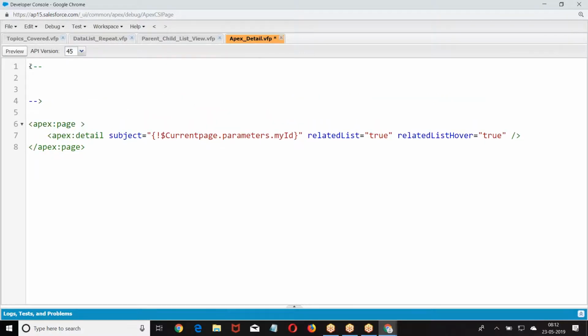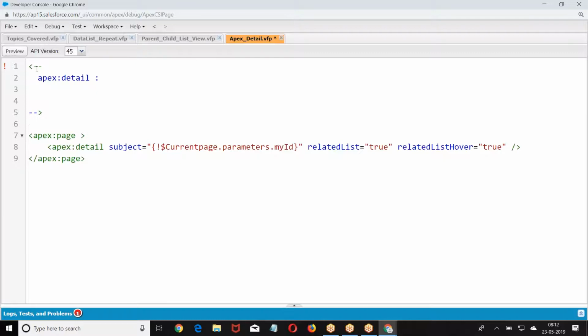The practical usage will be very less. Practically, we don't use this. As it is a component available, we are just covering it. Practical usage will not be there. Now, apex detail, what does it do? It opens the detail page of the record, along with